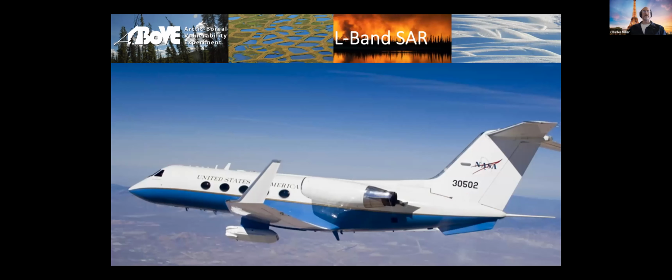All right, so I just want to go through now some visuals and give you an idea of some of the data that are available from the ABoVE airborne campaigns, and let you know that while we have not targeted the coastal zones specifically, particularly out into the water, we have had some serendipitous coverage of a lot of the river areas adjacent to the Arctic coastline. And I'll show you some examples there of the types of things that are available and could be made available or collected new specifically for Arctic Colors. So let's start with L-band SAR.